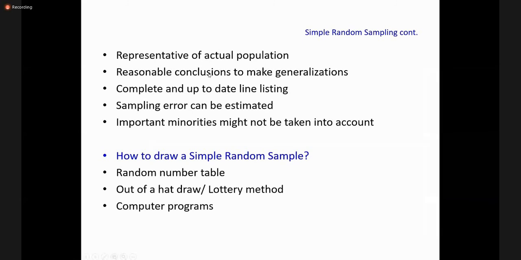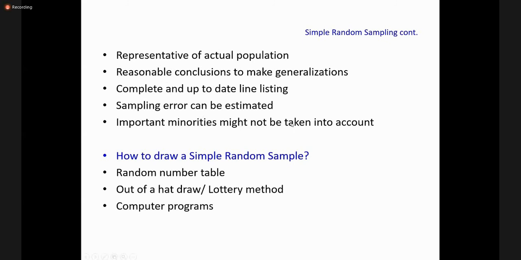So the sample is representative of the actual population. The sample is actually not handpicked. It is randomly selected because all 50 students were included in the draw. So everyone had an equal chance to be selected as part of the draw. So this is what simple random sampling does.